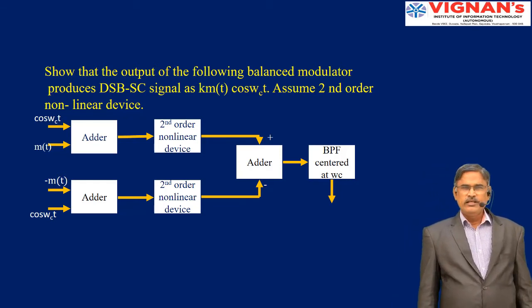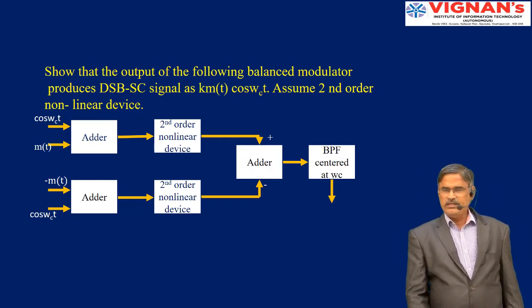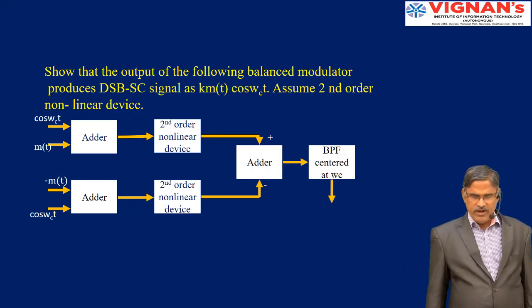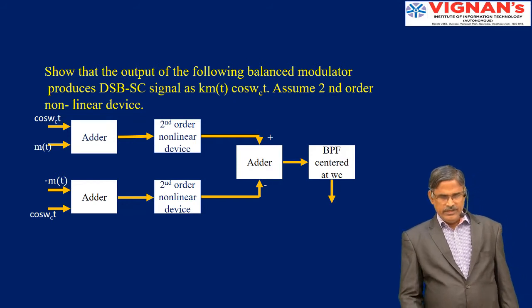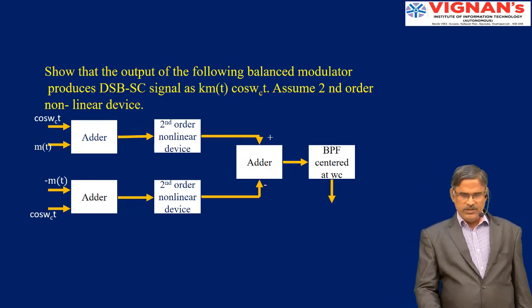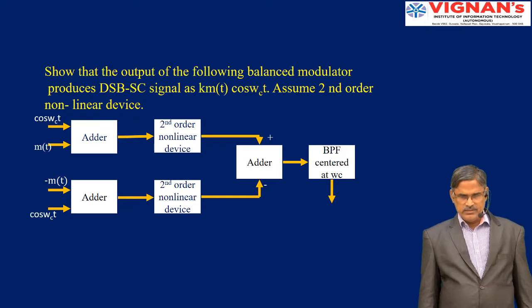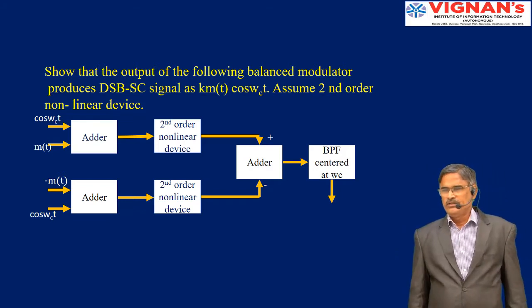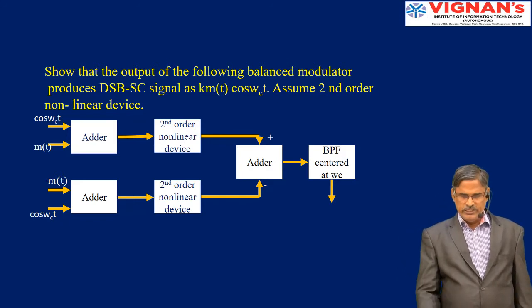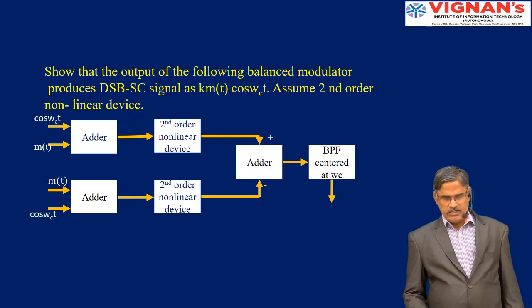You can generate the DSBSC waveform using a nonlinear device or a switching device. Here it is shown as generated using a nonlinear device. The problem with a nonlinear device is it not only does multiplication, it also gives at the output the input frequency itself. So when you are subtracting the two product modulators' outputs, your carrier will be suppressed but message will be there. So to take only the product signal, we are using a band pass filter at the output of the adder circuit. So this is the concept.